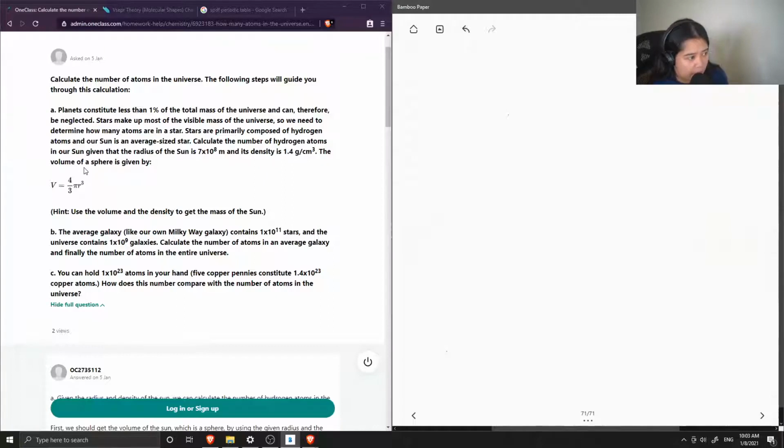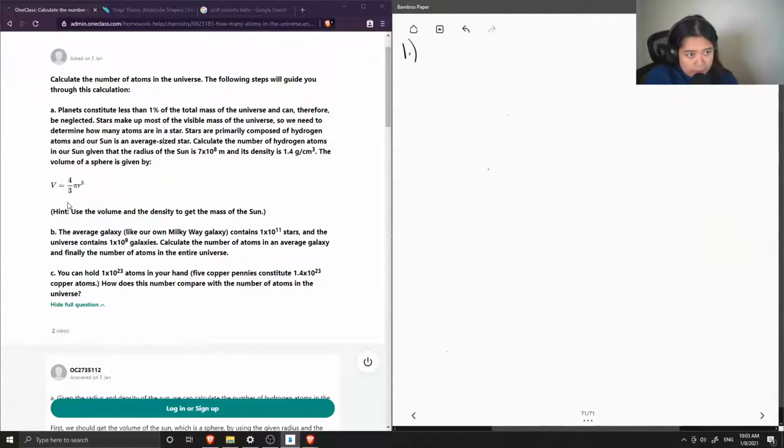The volume of a sphere is given by volume equals 4 over 3 pi r cubed. So hint, use the volume and the density to get the mass of the Sun. Okay, so very helpful